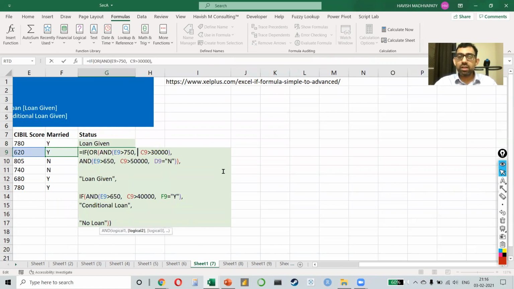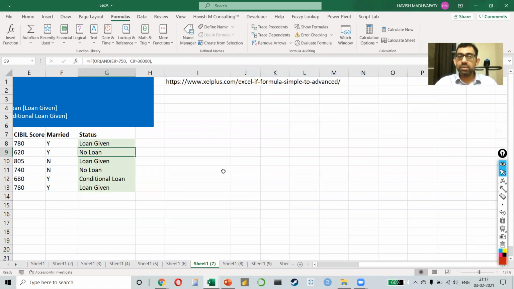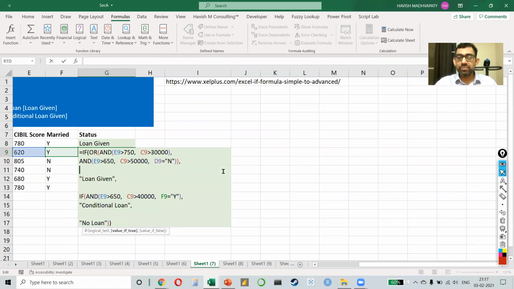Just compare this versus this. So spaces can be put after a comma, and then a line break can also be put after a comma. To put the line break, you can simply press Alt Enter. Enter will confirm the formula, but if you press Alt Enter like this, it will break the formula into multiple lines. This is something that is very, very important. Maybe with smaller formulas, it might not help you a lot, but especially with larger formulas like this can be a lifesaver.